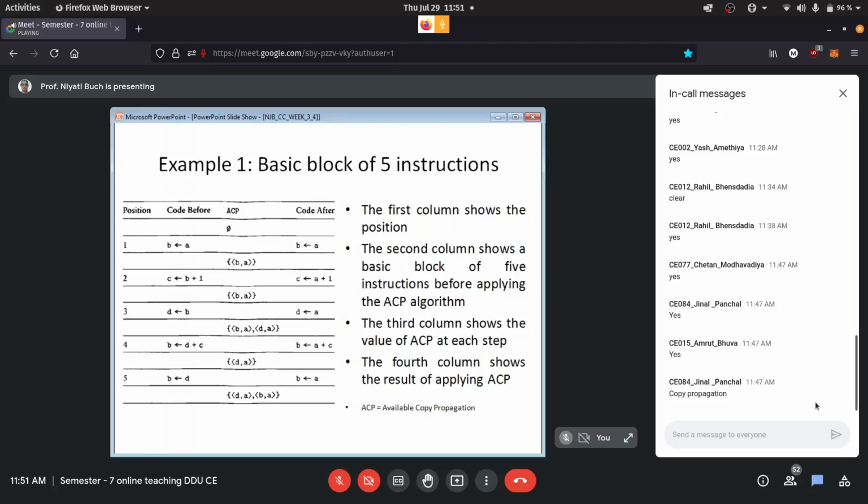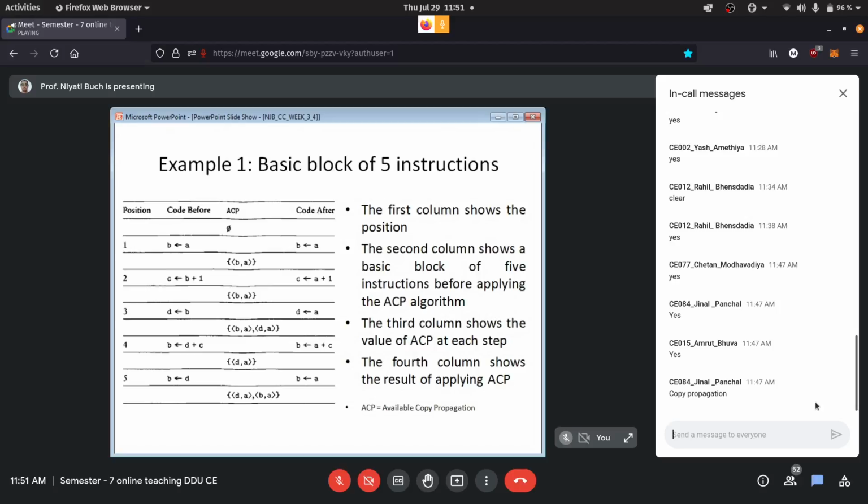Because this is the first time we have encountered such an assignment, the code after it will remain the same, because it may be possible that somewhere we may be using B. So B should contain the value of A, so we cannot skip that assignment. That is not going to get eliminated. Later the value will be propagated. So let's take the next instruction.